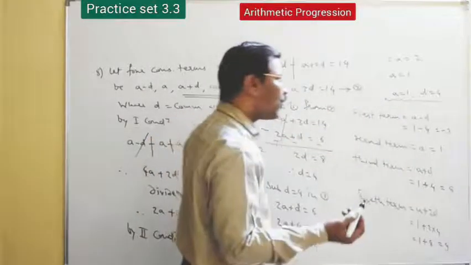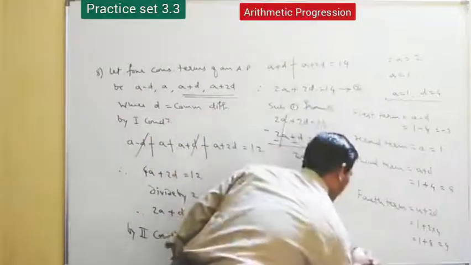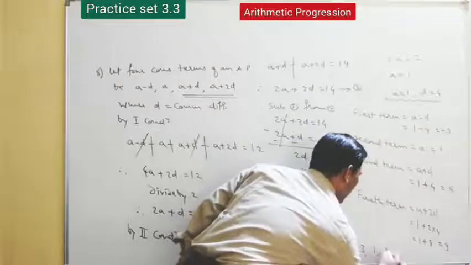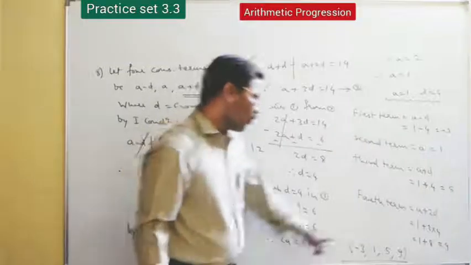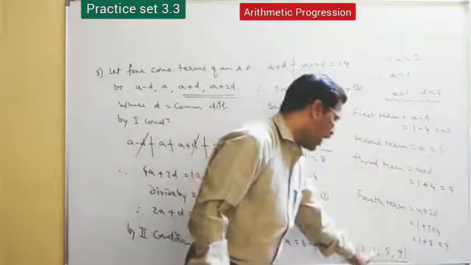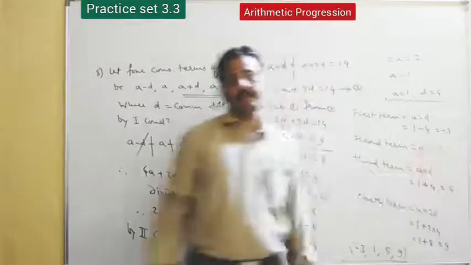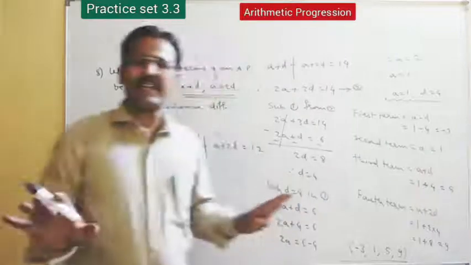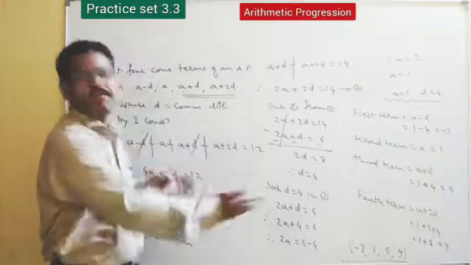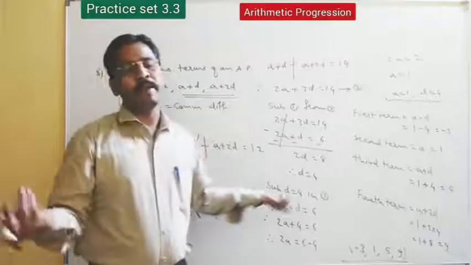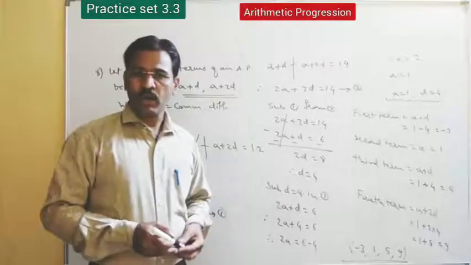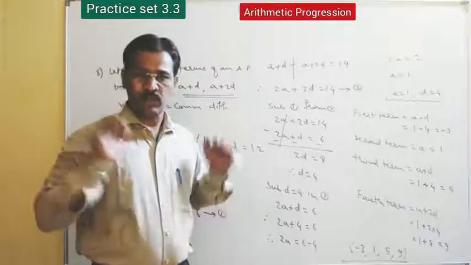Therefore, which are the 4 terms here now? Minus 3, 1, 5 and 9. Here these are the 4 terms. Minus 3, 1, 5 and 9. Understand friends? Nothing is hard. Just try to simplify very easily. Okay, if you make some mistake anywhere, the whole example becomes wrong. Okay friends, like this we can solve.